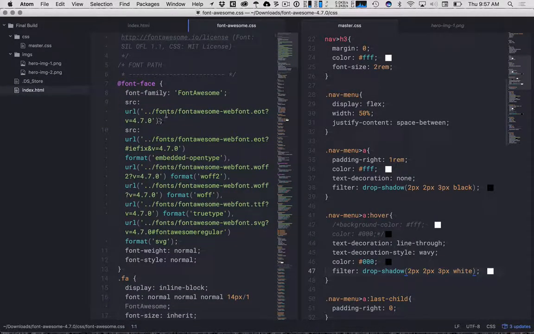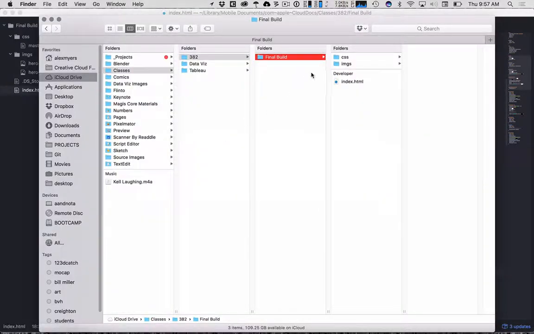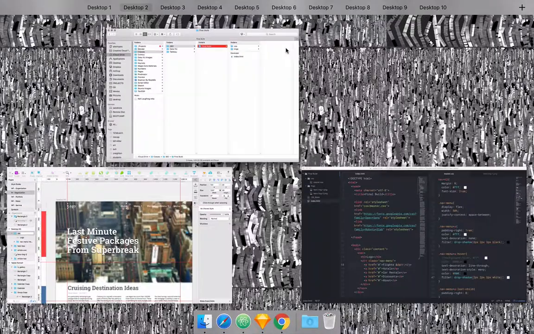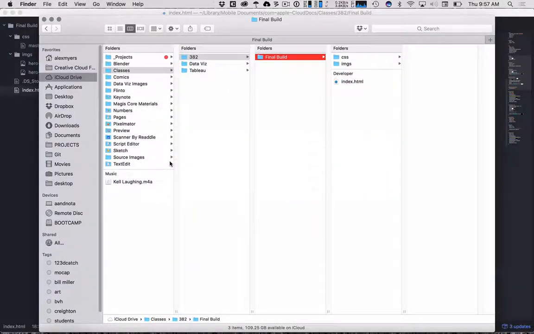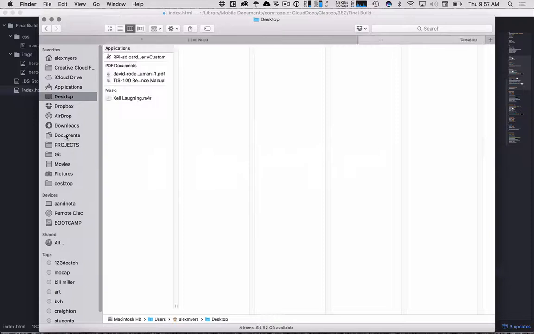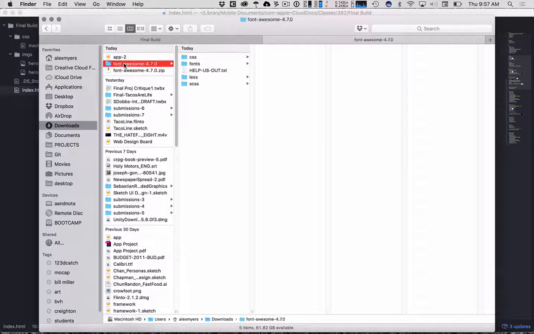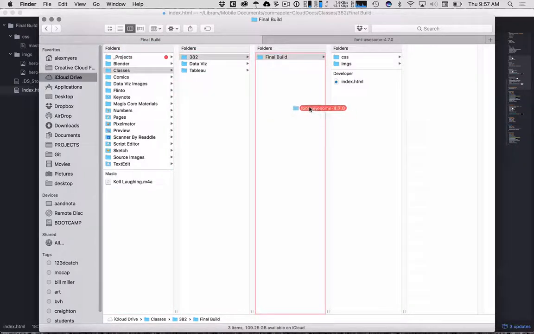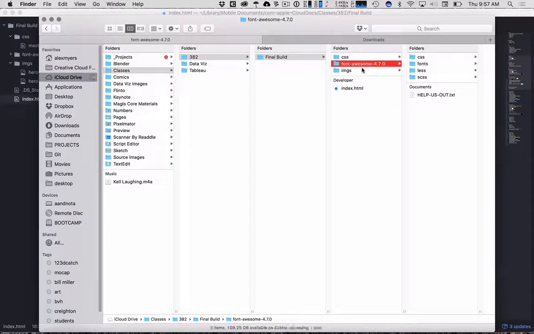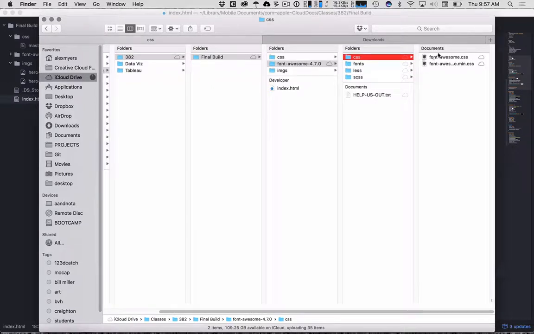Font family, web font, fonts. Okay, so it needs those links. So we want... Oops, where'd my... Oh, all right. Well, if you download this, just take the whole thing and put it inside of your document. You could have another folder called resources, but just stick it in here. It's fine. If you want to incorporate the rest of this, you don't need the LESS or the SCSS stuff